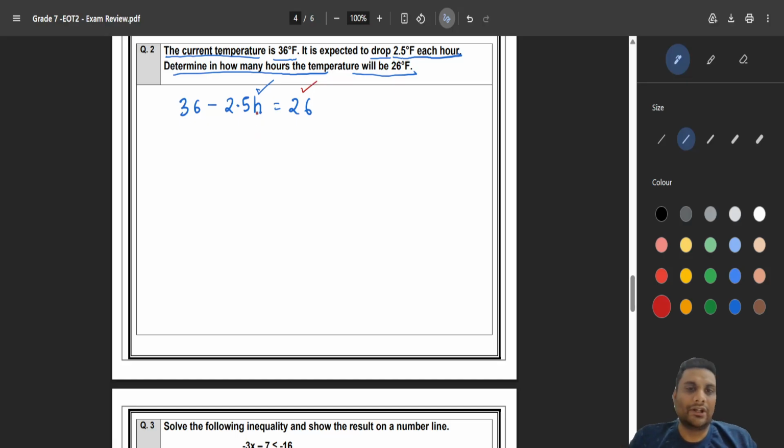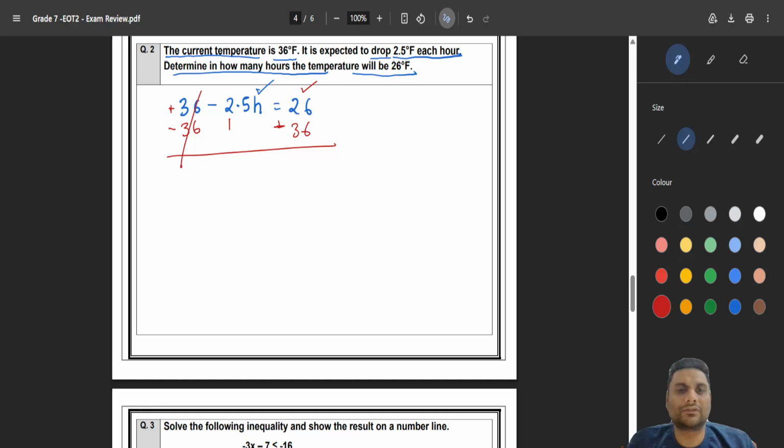So let's solve this. You have to find the h, that is, you have to remove the 2.5 also, you have to remove the 36 also. Which one will I remove first? The number which is far, that is, 36. Okay, now check before 36 what do I have here? Nothing, that is, this is plus. How will I remove the plus 36? By doing minus 36. If I do minus 36 here, minus 36 here also,